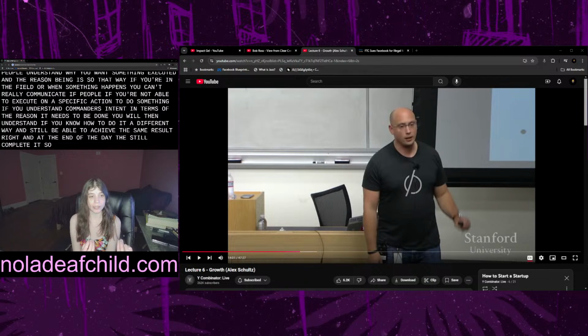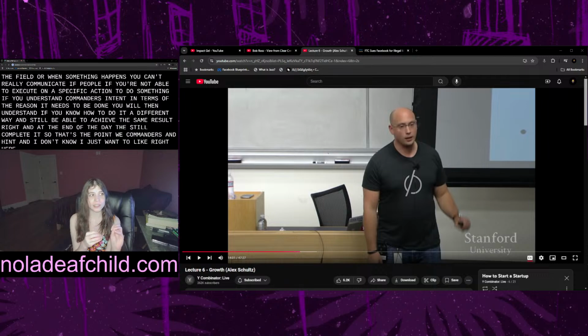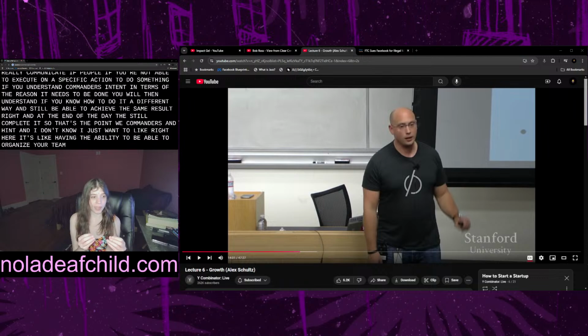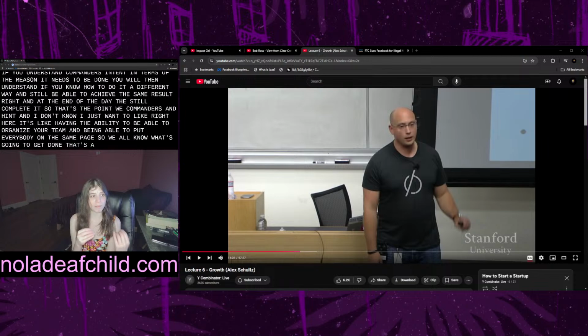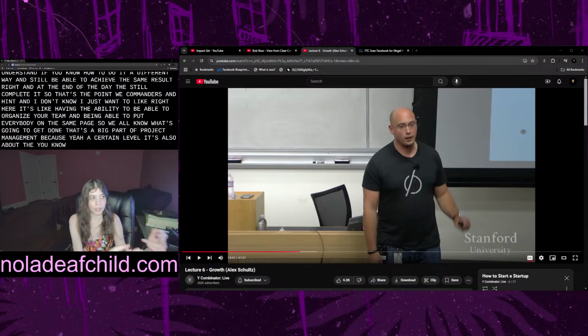So that's the point with commander's intent. And I don't know. I just feel like right here is having the ability to organize your team and put everybody on the same page so we all know what's going to get done. That's a big part of project management because, on a certain level, it's also about the scrum,